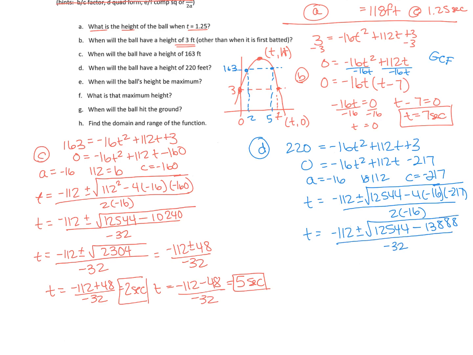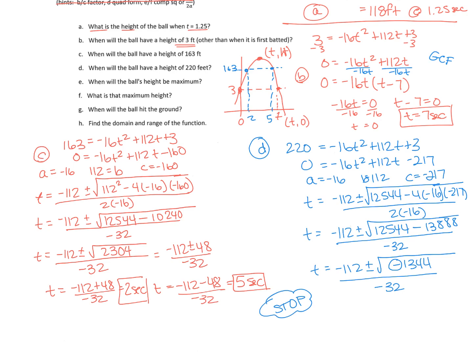At this point, I can really stop. And the reason I can stop is because I know the number underneath my radical is negative. In fact, if I do the math under my radical, 12,544 minus 13,888, I believe is negative 1,344. That is going to have an i in the answer. The moment I take the square root of that negative, I'm going to get an i on the outside. So I'm going to get an imaginary answer, a complex answer. That's a sign to stop,